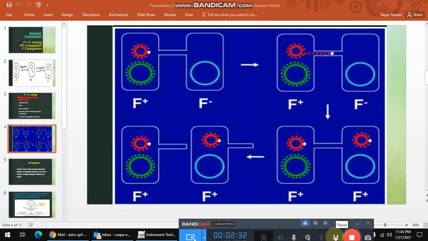Let's understand diagrammatically. You can see over here during F positive F negative mating, the F factor replicates by the rolling circle mechanism and a copy of it moves to the recipient cell. The entering strand is copied to produce double stranded DNA. You can see in the diagram clearly. Friends, this channel for the DNA transfer could be either the hollow F pilus or a special conjugation bridge.